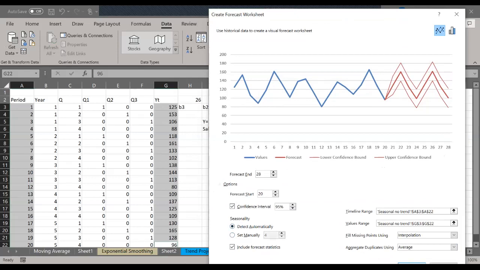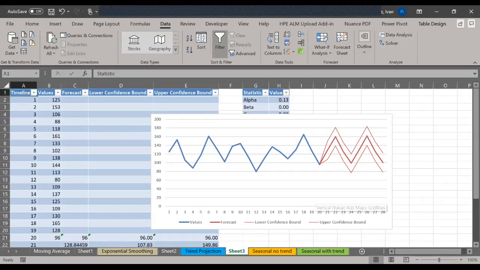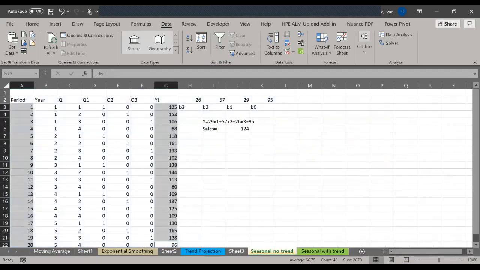Include your statistics, and boom, there it is. And there is your line. With seasonality, but no trend. Okay, you can see that it goes up and down, which is clearly a sign of seasonality, but there's no trend. It's not going up, it's not going down. And finally,